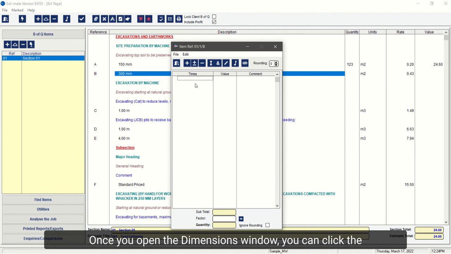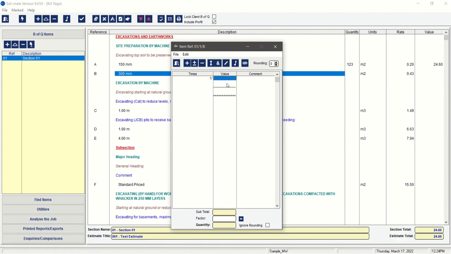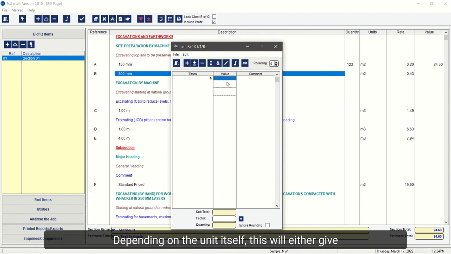Once you've opened the dimensions window, you can click the add dimensions button to add in dimensions, and depending on the unit itself, this will either give you a single value or two values or three values for meters, meters squared or meters cubed, and here you can manually type in and enter in the measurements. You can also use the times in column to do some multiplications,